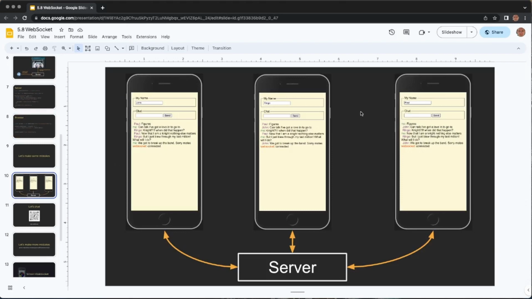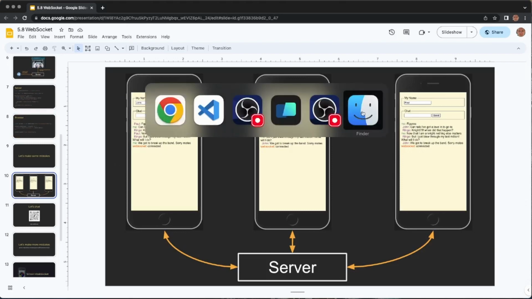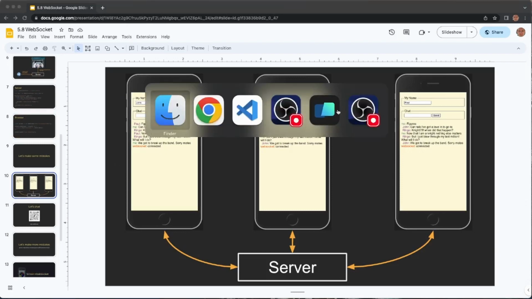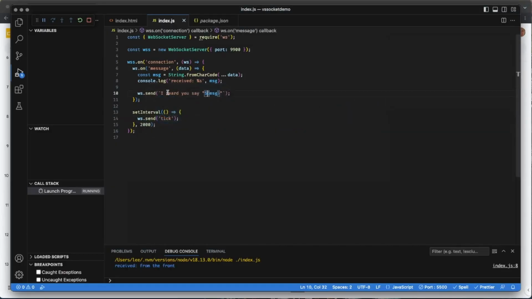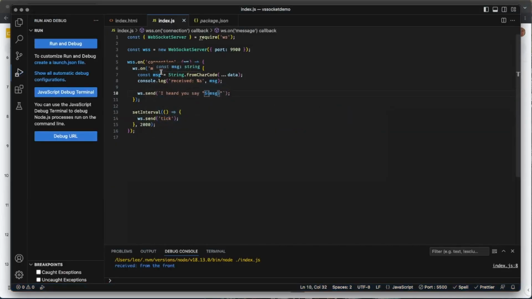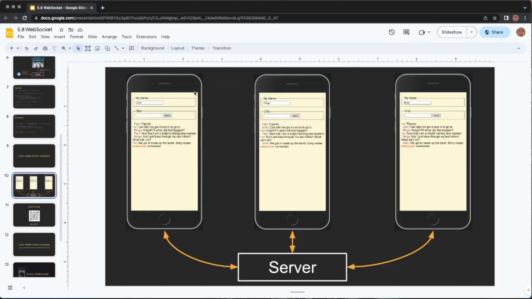So let's take it to the next level. Let me go back over here first of all and shut down my server. So I'm going to do Shift F5 to shut that down so that we're not ticking all over the place. Then we'll go back over to our slides, and we'll see our next step is to actually create a chat